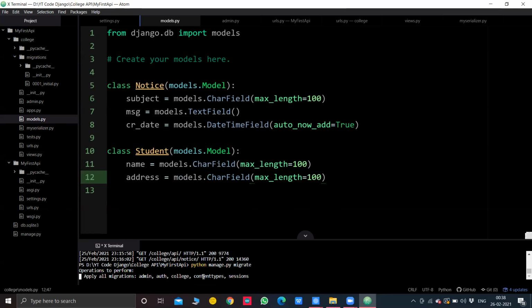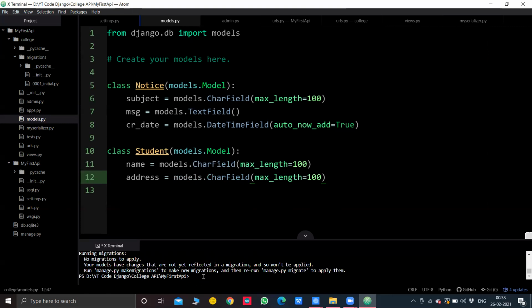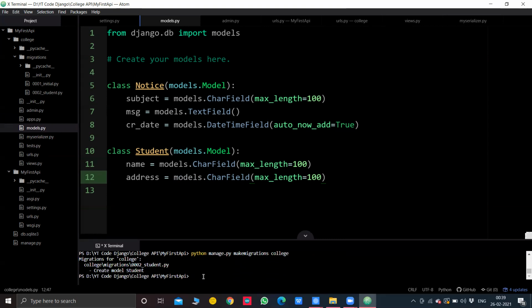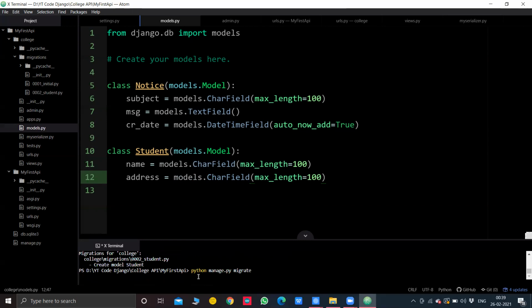When you do this, for now there are no migrations to be applied, but now when you do makemigrations, and the app name that is college, we'll see a model Student got created here. That is our one more table, and just to be safe, we'll migrate again. We applied migrations and another 0002 is formed. This was our initial, and this was our updated one.